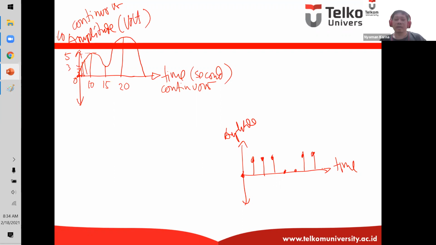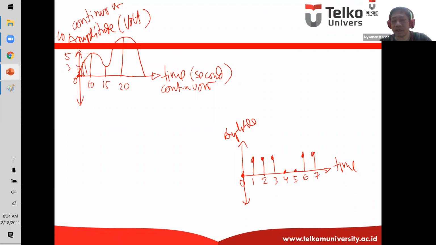So, using this signal, the time domain, it only exists for several values. For example, the signal only exists when time is 0, 1, 2, 3, 4, 5, 6, and also 7.